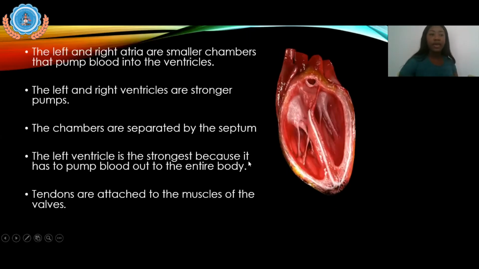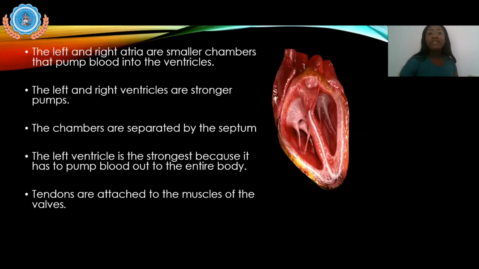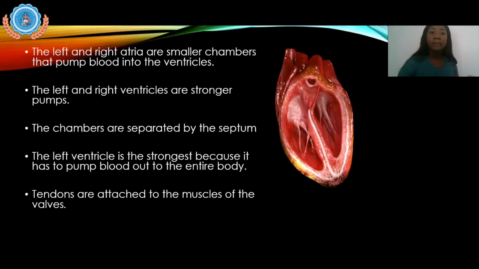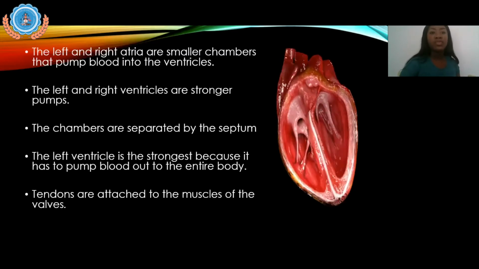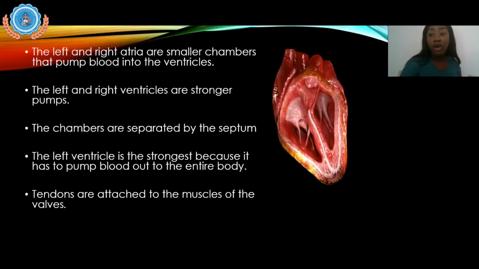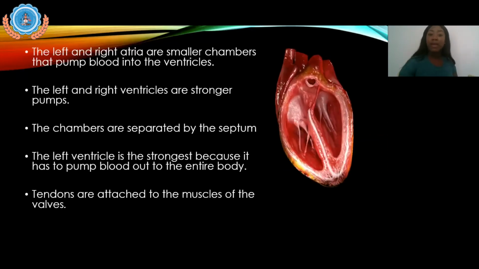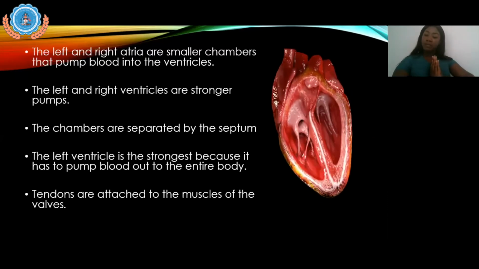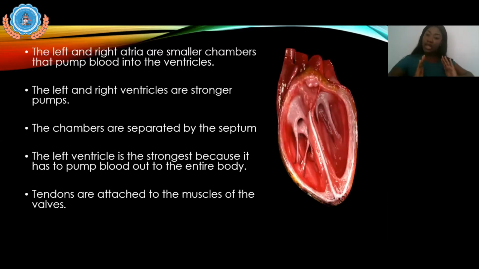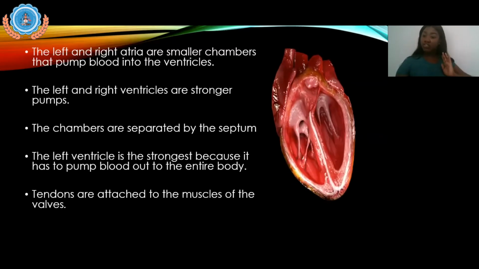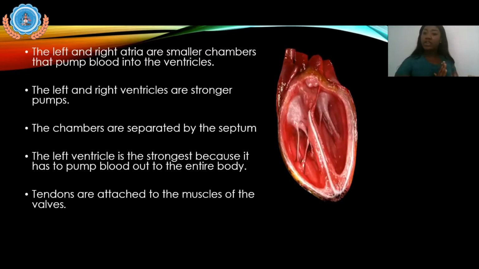So here we go again. The left and right atria are smaller chambers that pump blood into the ventricles. The left and right ventricles are stronger pumps. The chambers are separated by the septum. The septum is a part in the heart that separates both sides of the heart. So you have the left atrium and the left ventricle on one side, the right atrium and the right ventricle